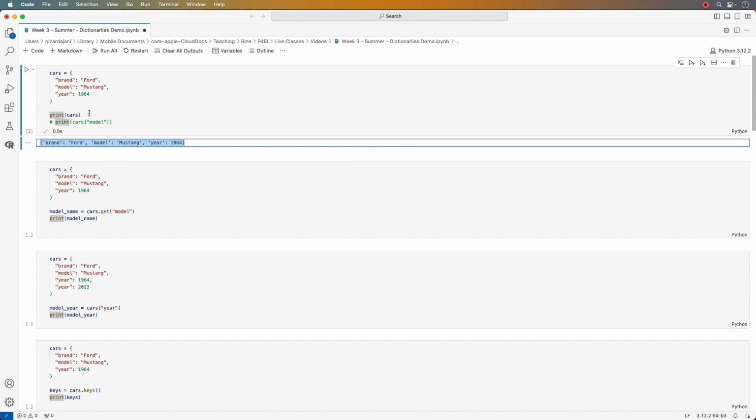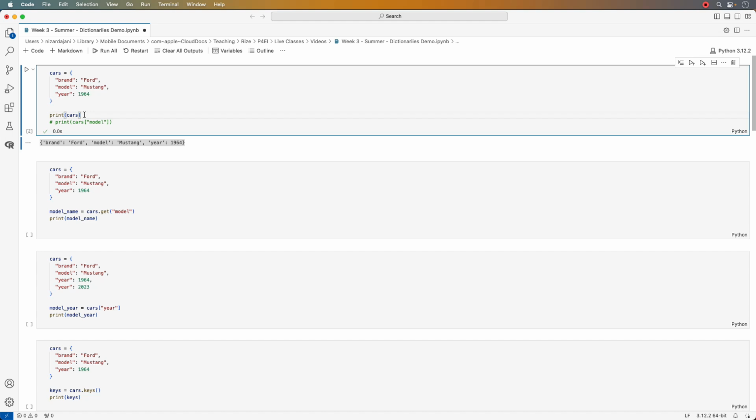Alright, now if you don't want the entire dictionary and you want a specific value of a key, then I can comment this out, uncomment this back in. So the syntax is you call the item by first calling the dictionary name, which is cars, followed by the name of the key. So brand is a key, model is a key, year is a key. Ford is the value of the key called brand. Mustang is the value for the key called model, and 1964 is the value for the key